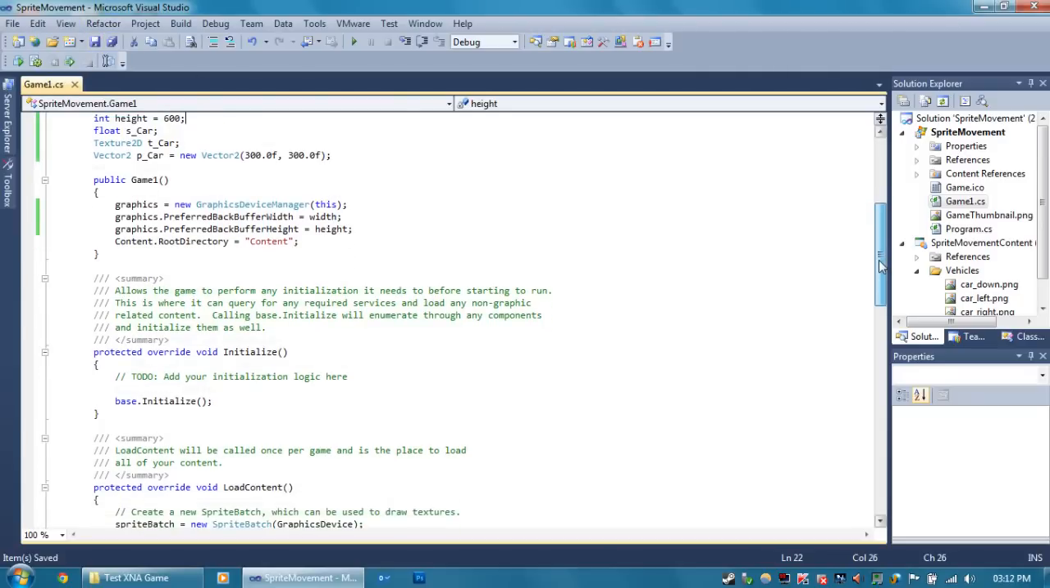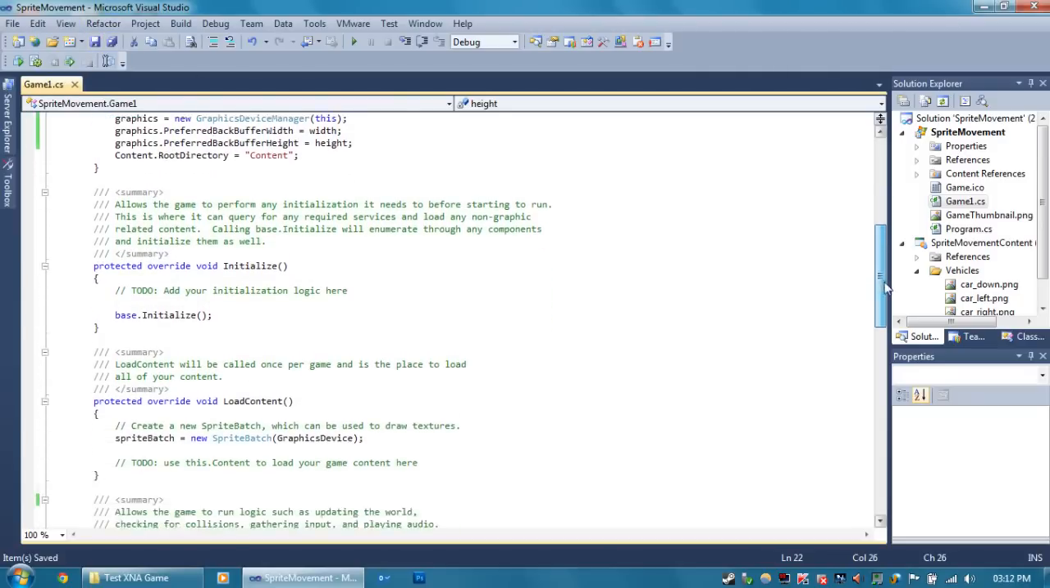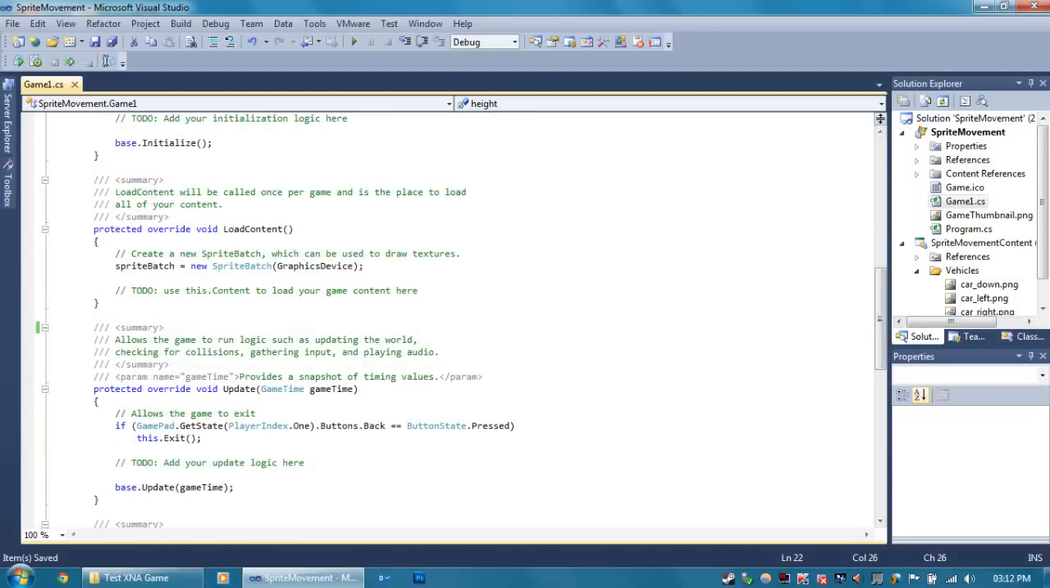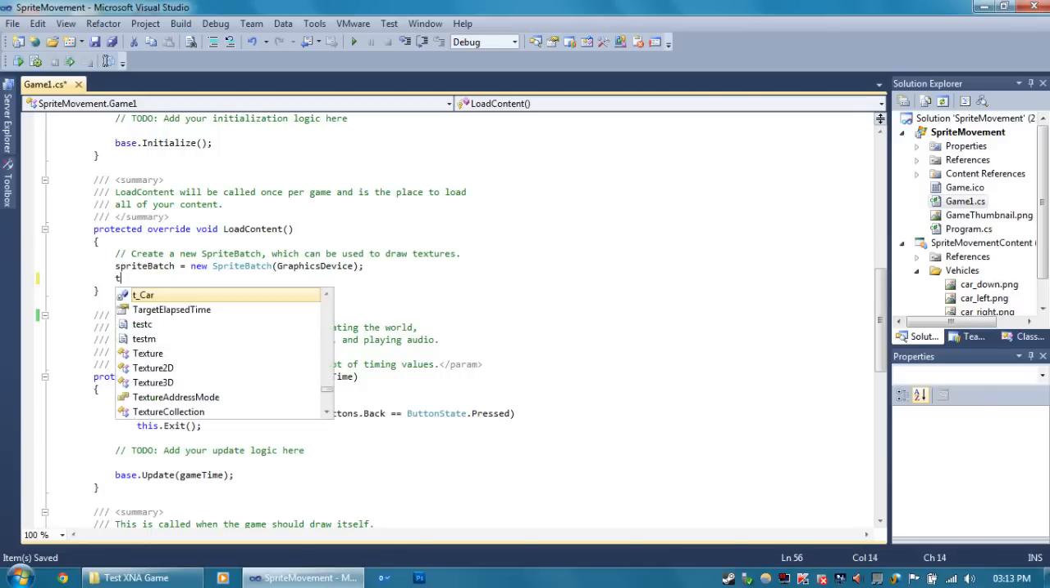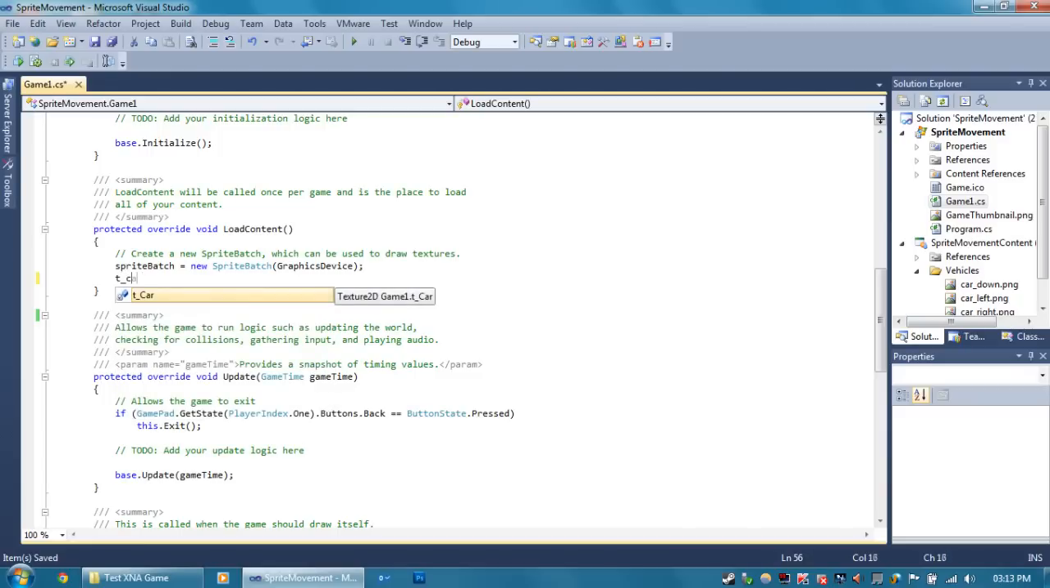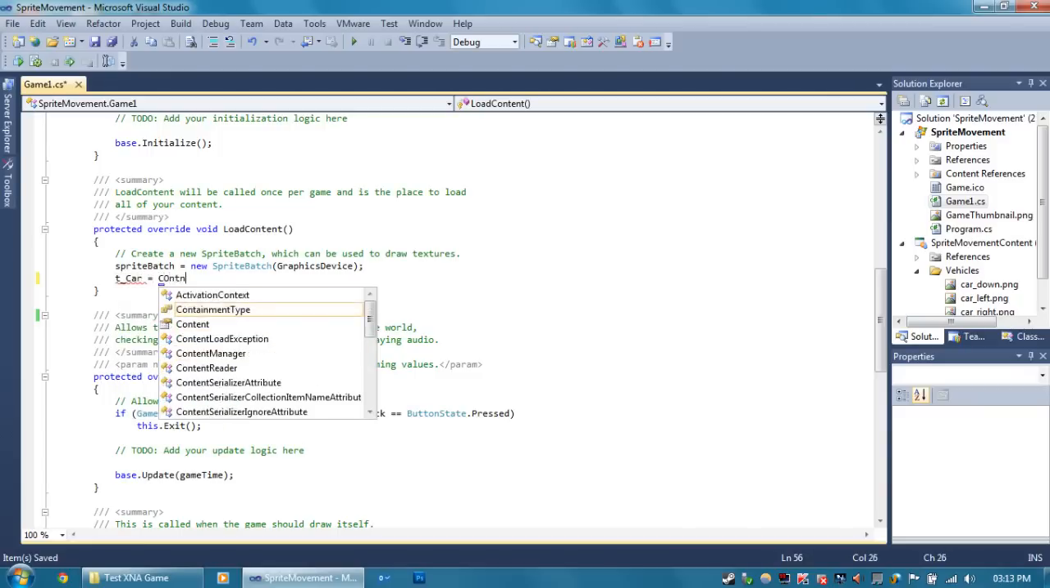Now we're going to want to scroll down to LoadContent, which is right here, and we're going to want to load our textures down here. You can just go ahead and delete this little comment there. We don't need that. So we've got the SpriteBatch here. This is one line of code. All we need to do is t_car, which is the Texture2D we created earlier, equals Content